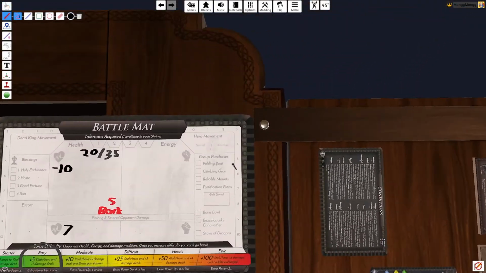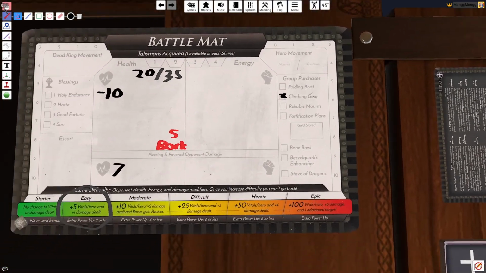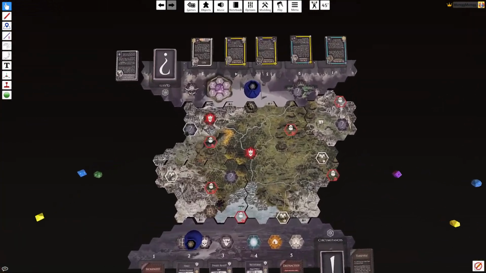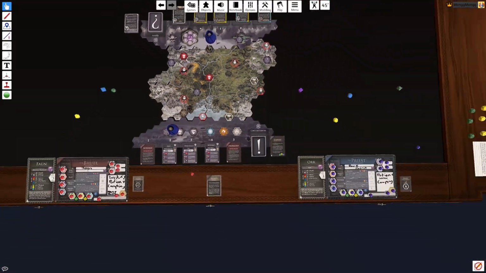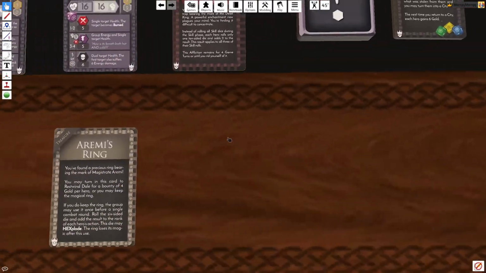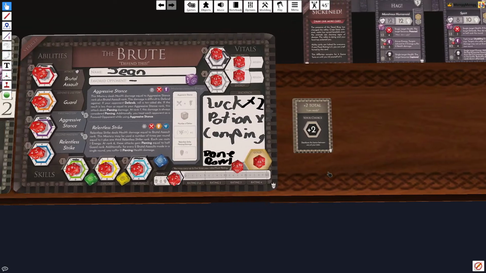Technically I can mark it here. Now we have to give that up to complete the quest, which sucks, because at that point we won't be able to climb into mountains anymore. As for other upgrades...